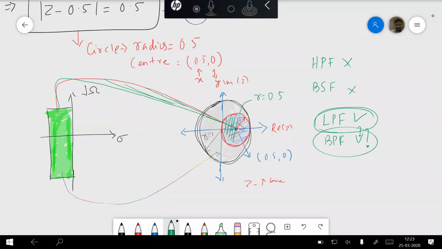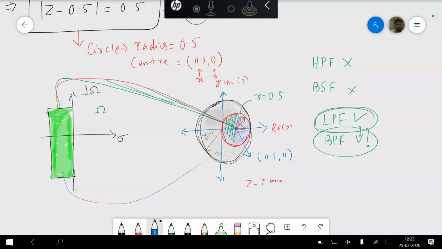So the last statement is about the larger omega value. We know that capital omega, my range of frequencies in the analog domain, is minus infinity to plus infinity, correct? And the digital frequency, that is small omega, has the range minus pi to plus pi. This minus pi to plus pi represents the unit circle in terms of poles. Okay, and this represents the left half of the S plane, which is the stability case.